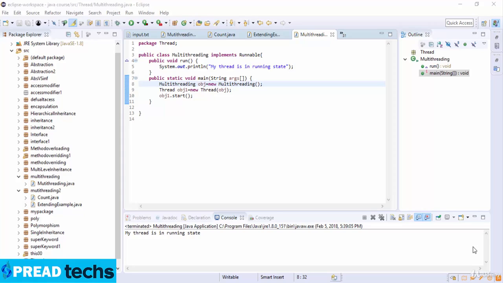But what are the advantages of multi-threading in Java? It does not block the user, because threads are independent and you can perform multiple operations at the same time. You can perform many operations together, so it saves our time. And threads are independent, so it does not affect other threads. If an exception occurs in a single thread, it will handle it. So this is the multi-threading concept in